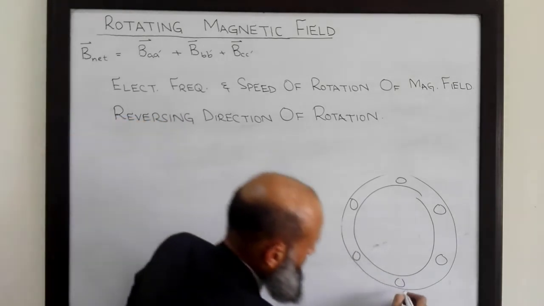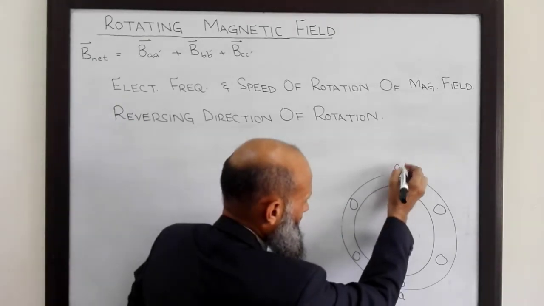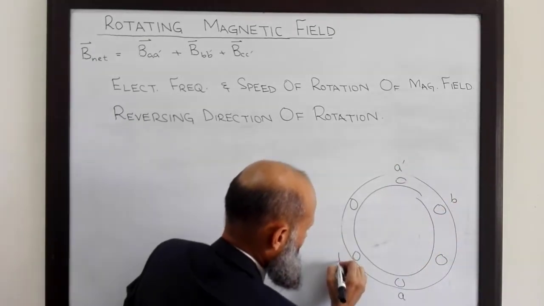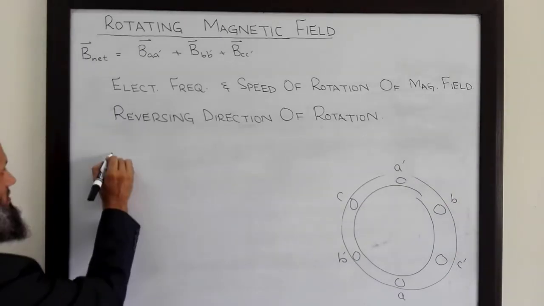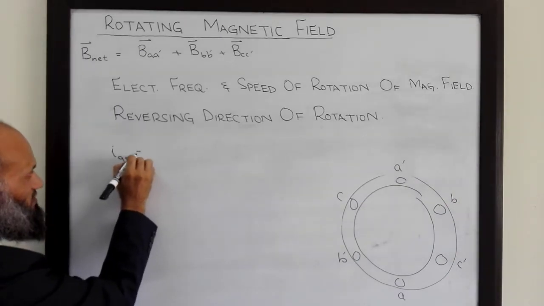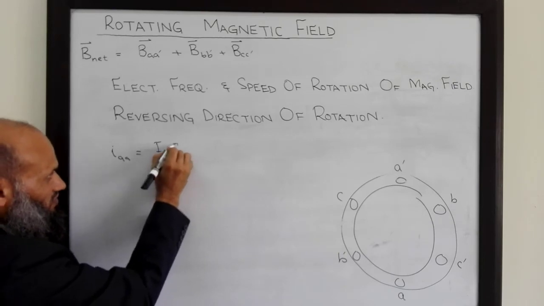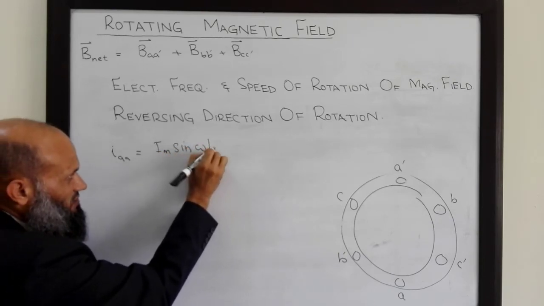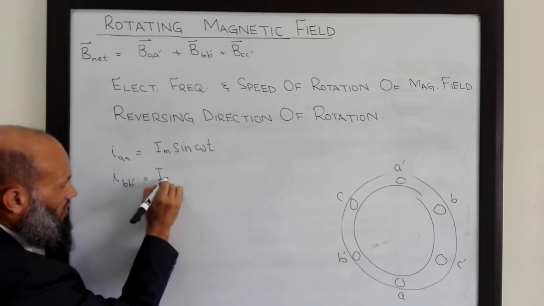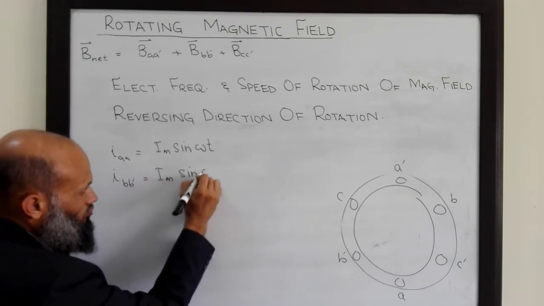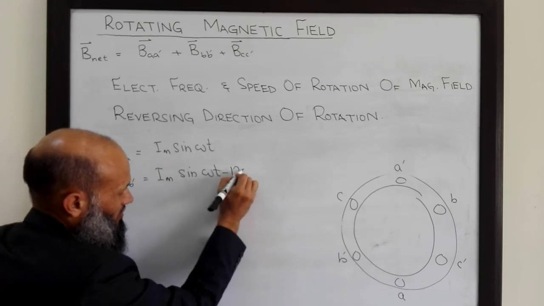That is, previously we had this winding A dash, and this was B dash, C dash, and previously Iaa dash was equal to Im sine omega t, and Ib dash was equal to Im sine omega t minus 120